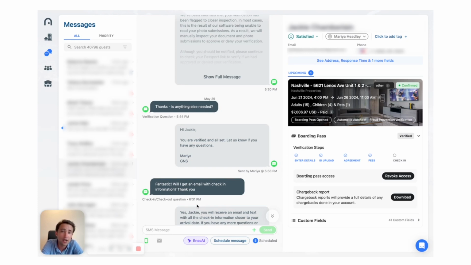Again, it's all about maximizing the accuracy, not letting it hallucinate. That one time that it hallucinates can cause a lot of damage to your business. So we want to maximize the opportunities here by first categorizing all these messages, giving you the reports on the types of questions that are being asked the most so you can be proactive in your guest journey and your guest experience. And then over the next couple of weeks, you're going to see some new releases as to how this applies to being able to create more automations and increase the use of AI in your business.